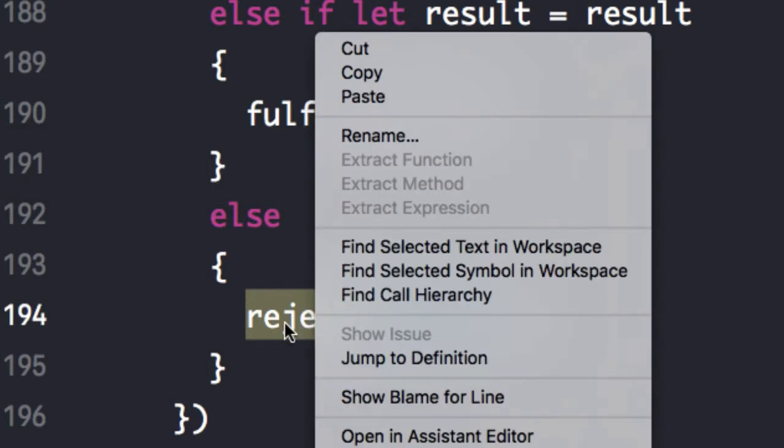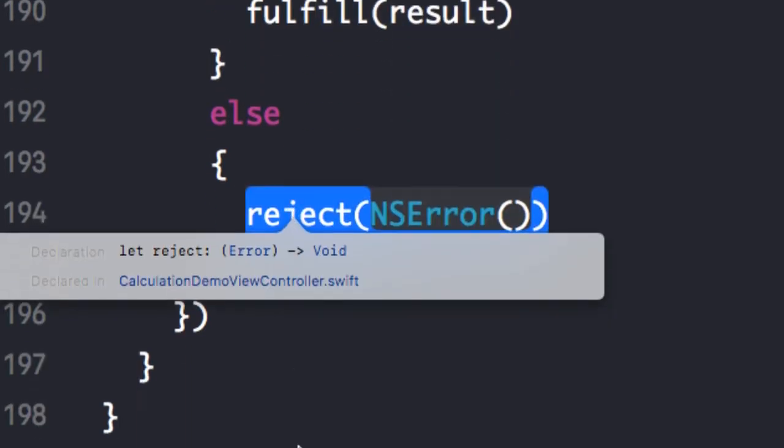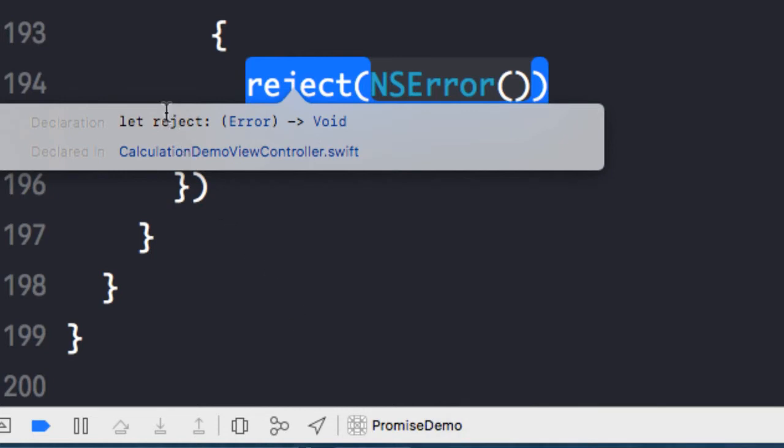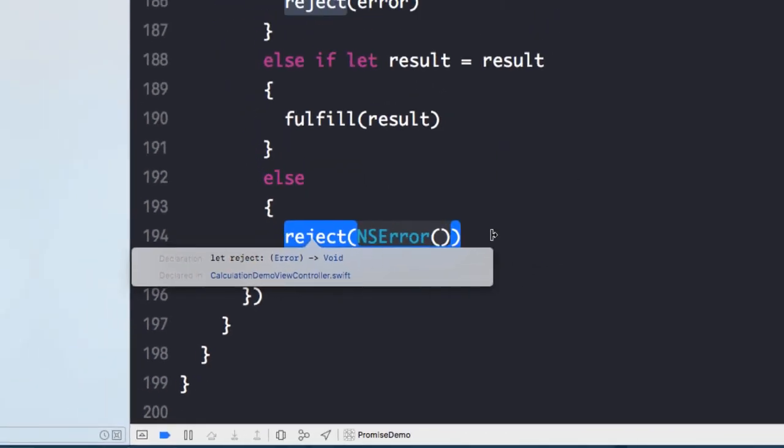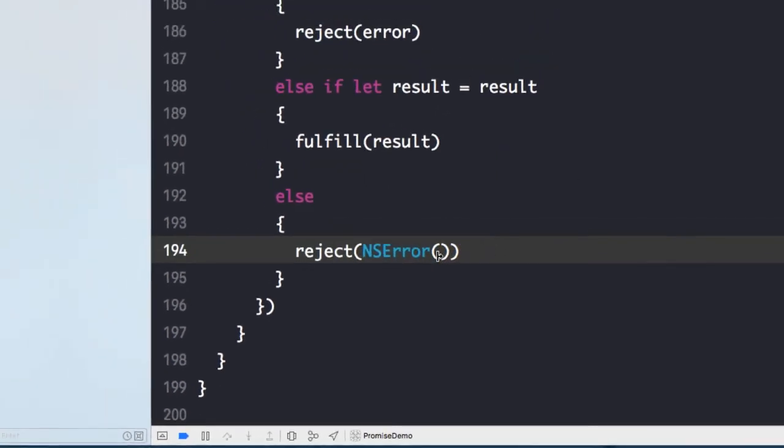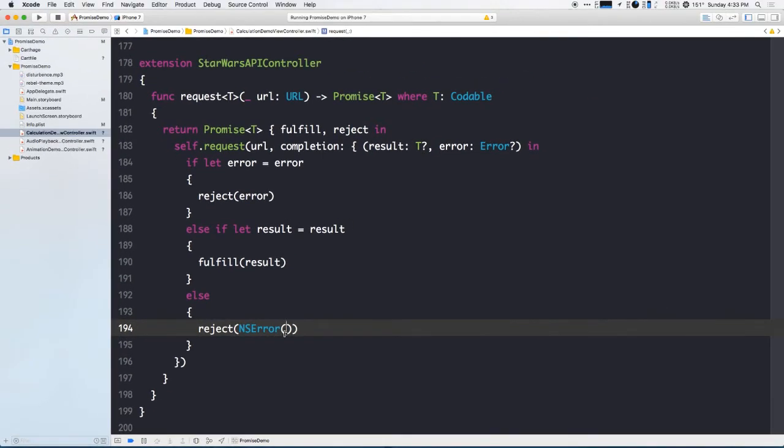And then if I do the same thing with the reject block, it's a function that takes an error. So I can just call it with any old NSError. And if I want to, I can fill in more information, but I don't have any at this particular point. Or actually, I could do this here, else if let error. Oh, it's already done at the top. So there's already something that passes in the error that I have. Otherwise, I don't know what the error is. So I always make sure to reject this promise if it doesn't have the right value. So this is a really simple way to do it, and I'm just wrapping this around the completion block-based API